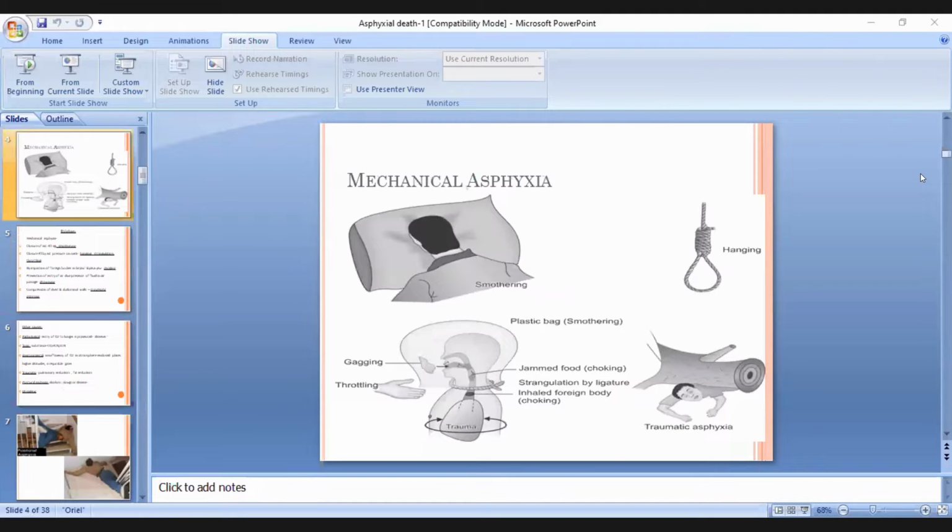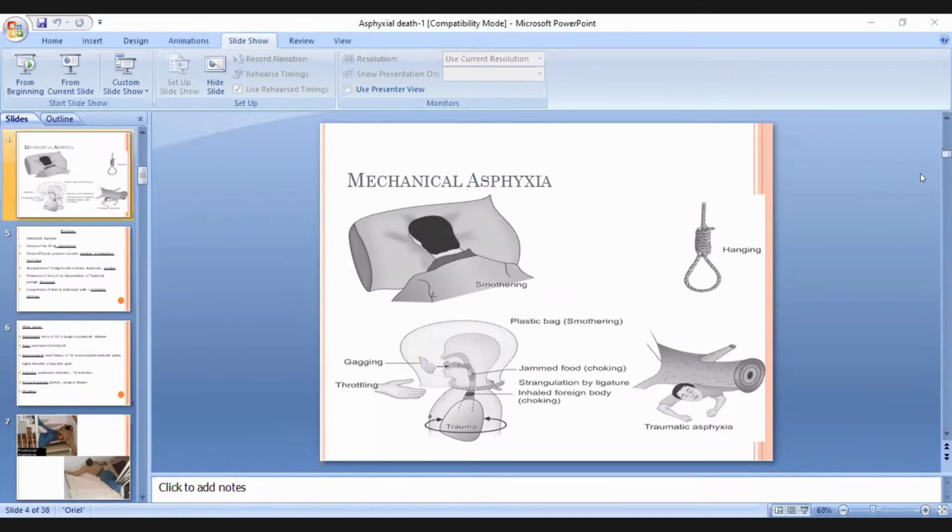So you can see this picture. So again, I'm repeating. If you are asked about mechanical asphyxia classification, then remember this picture, remember a person out here. Okay, so start from the external orifices. If there is obstruction over the nose and mouth by smothering, you can use hands or some material is used, your pillow is used, or if there is some kind of plastic bag around the head, okay, that can cause